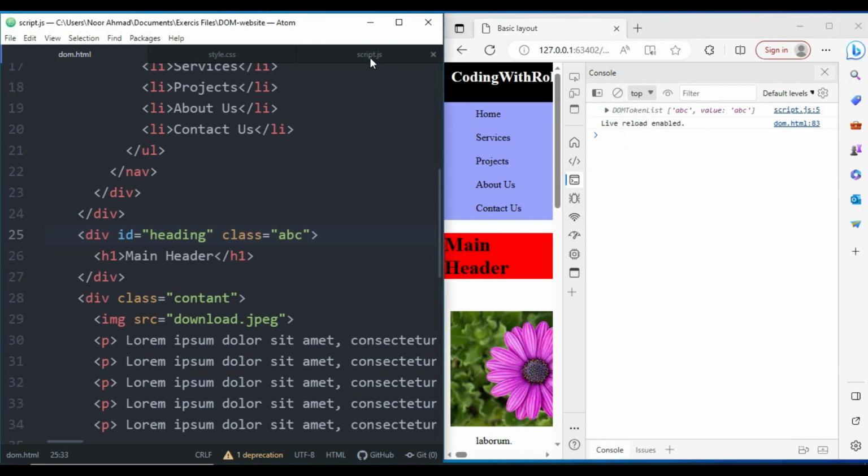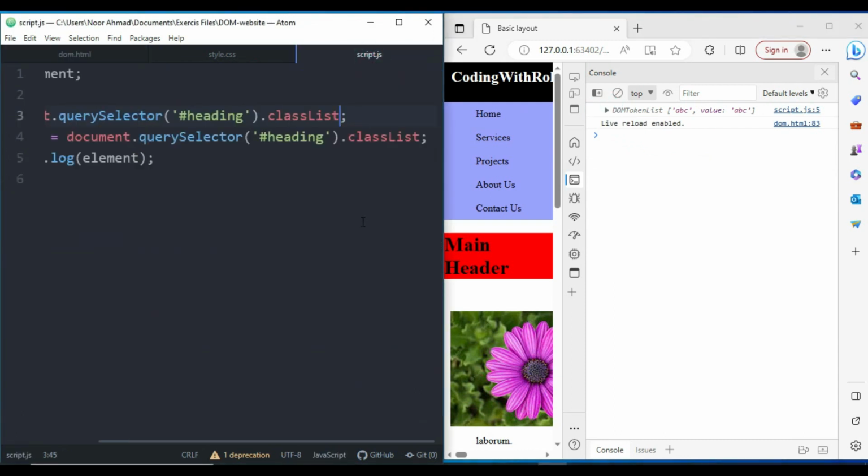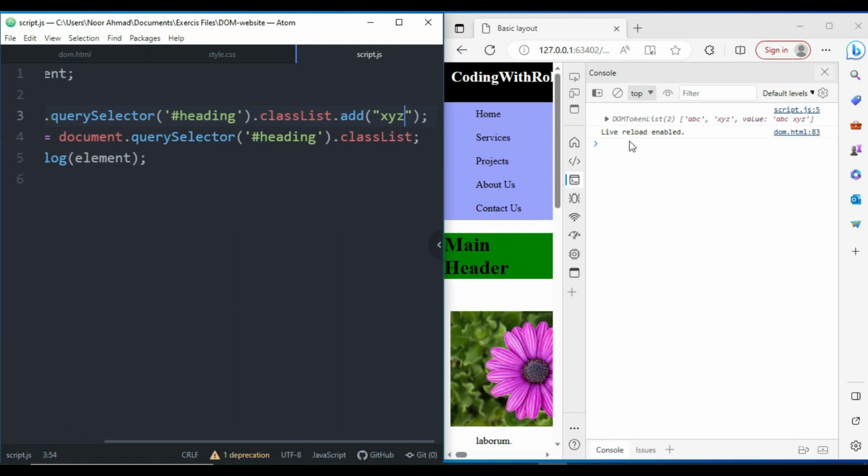And here you can see I have only one class here in an array, and what I'm going to do is use the add method of the class list to add another class name, to create another class. So I'm going to use dot and add, opening and closing parentheses, and inside this I'm going to pass double quotation marks, and inside the double quotation marks I'm going to specify the name of my class, which will be X, Y, and Z. So when I save this, here we go, it will create another class for us, and it will display it in an